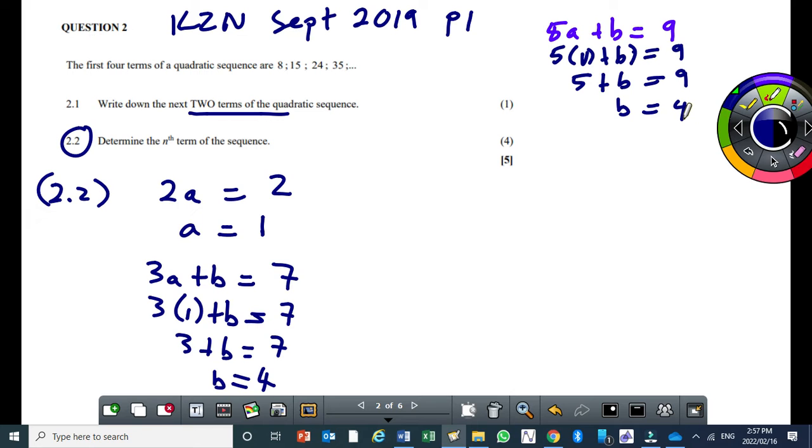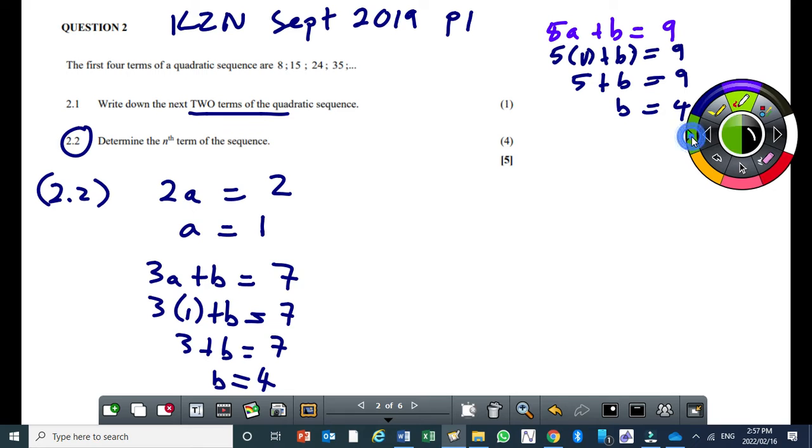Right? But I prefer that you memorize this, because that will be better for you, because this is the easiest way. Okay? That will be the easiest way. Okay? Then,